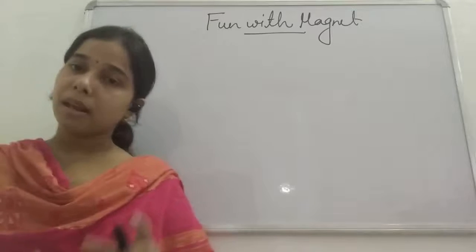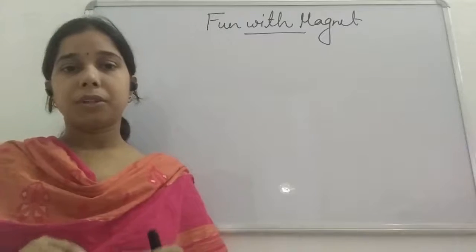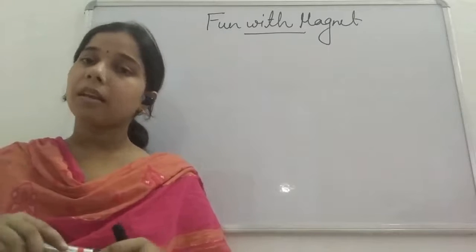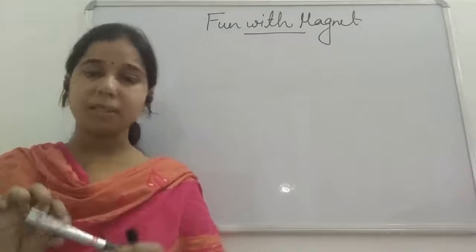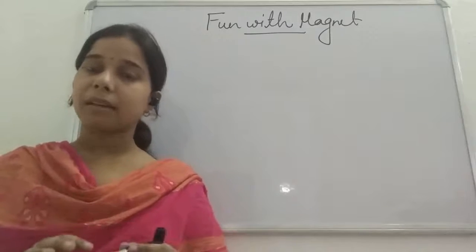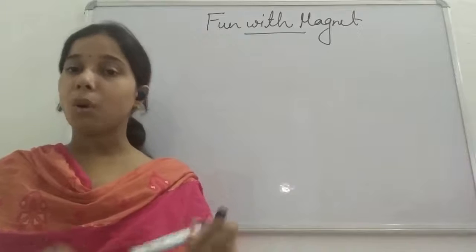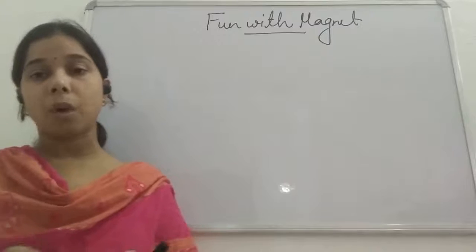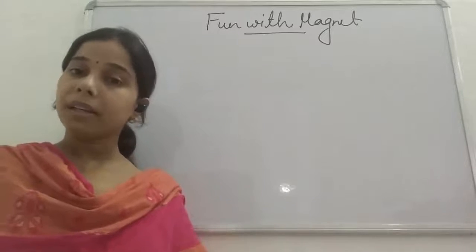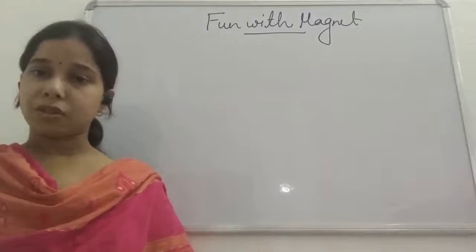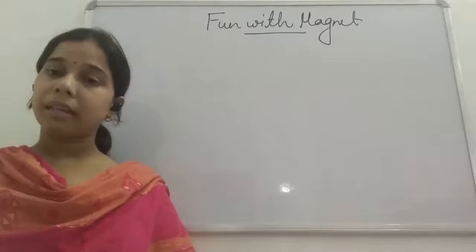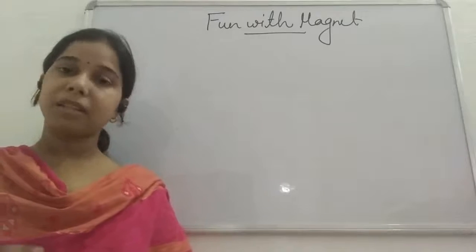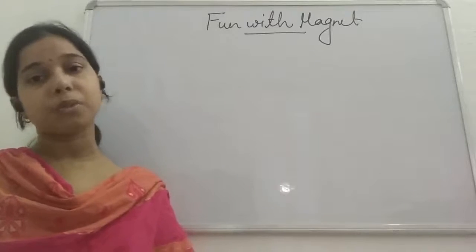Suppose you take a bar magnet and you tie it with thread and suspend it freely. Then, being a freely suspended magnet, this bar magnet will align itself in the north and the south pole. So this north and south pole is actually showing the north direction and the south direction. So when you make it freely suspended, it will help in giving the direction, and that is the north and south direction.